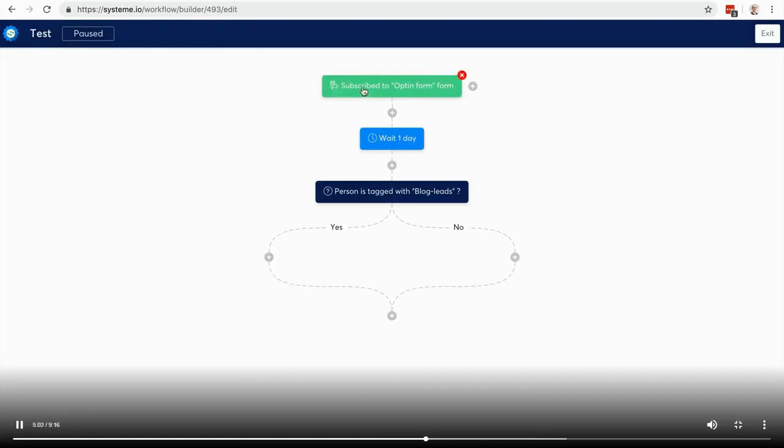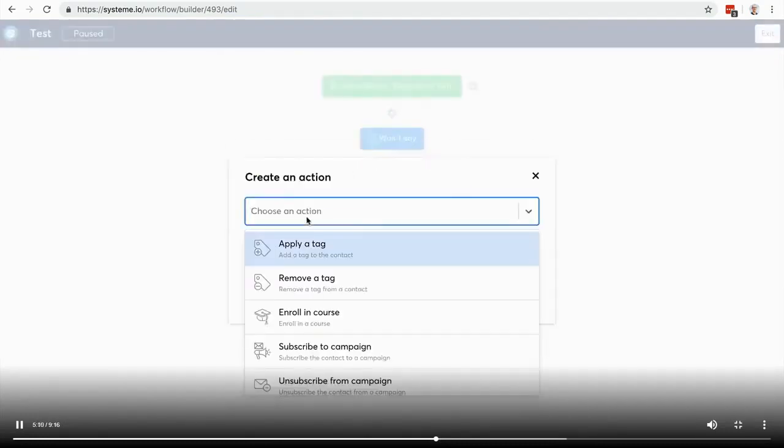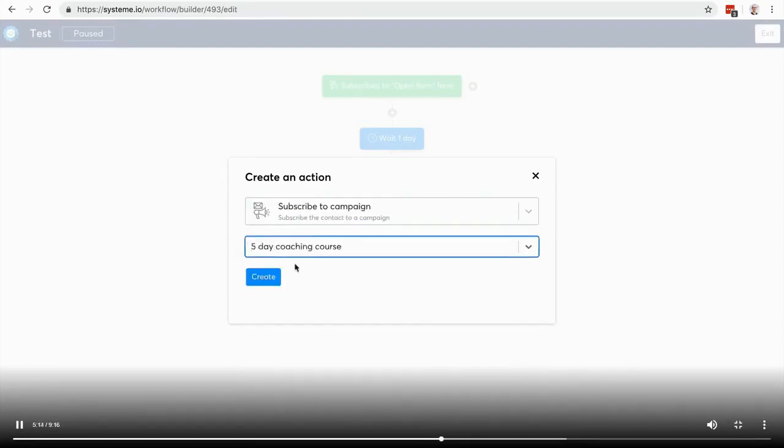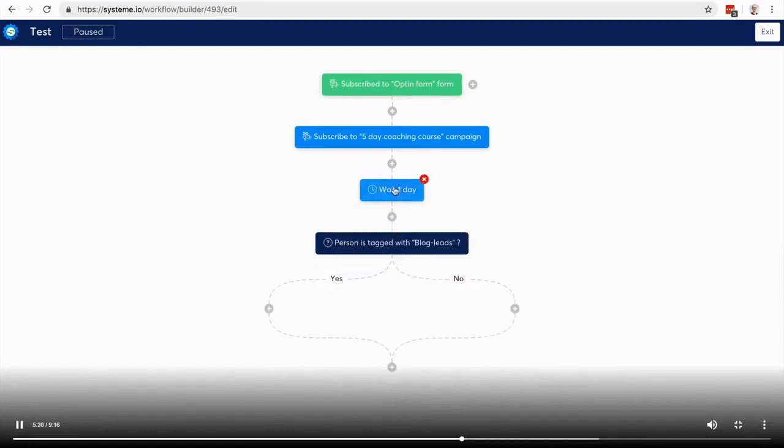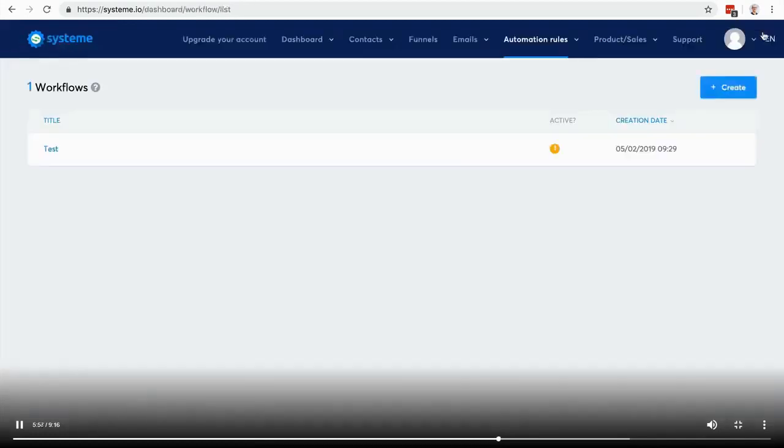Okay, and what I want to do is that maybe I'm going to actually subscribe the contacts to a campaign. Okay, and in these email campaigns, I'm going to sell them a product. I'm going to make them an offer, and when they purchase the offer, I'm going to tag them with a tag that's like customer. So maybe I can wait for 1 day, and if the person is tagged with the product customer tag, then it means that they purchased the product, and maybe I want to remove them from the email campaign, you know. So let's say that, so I'm going to go back here, I'm going to add a new tag,